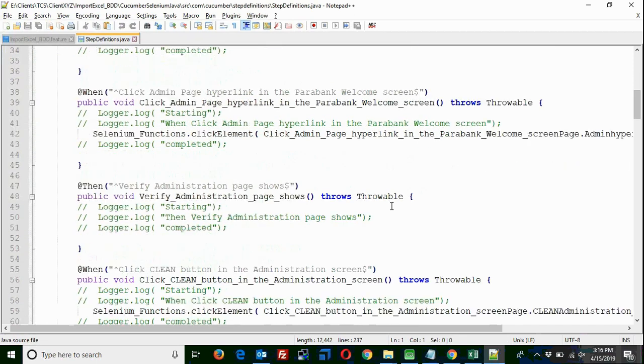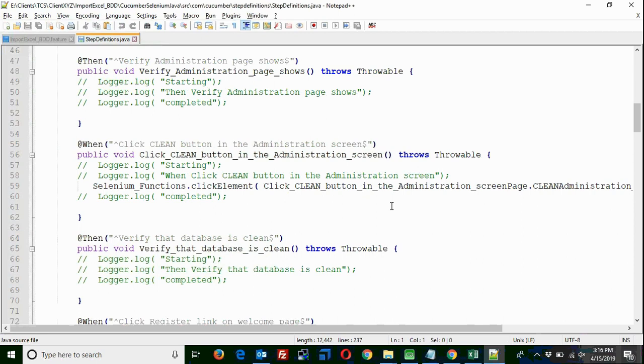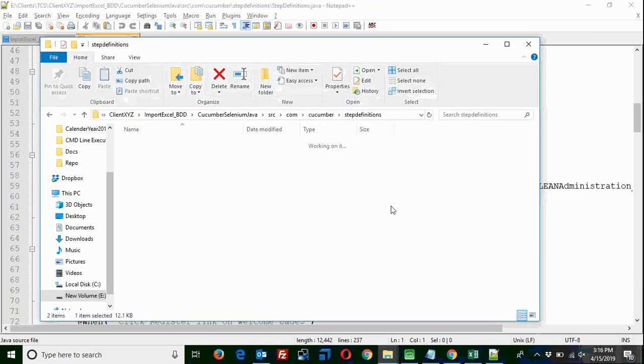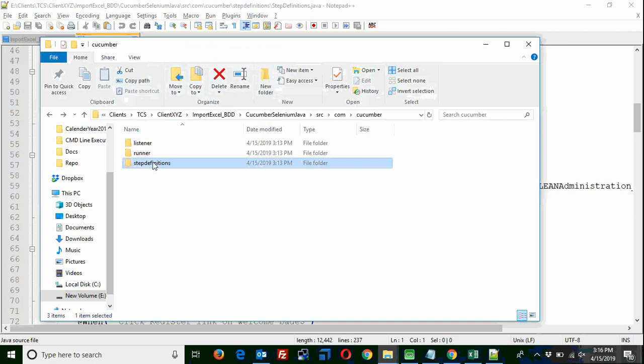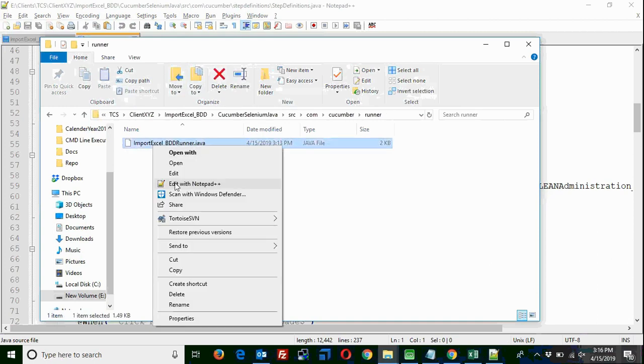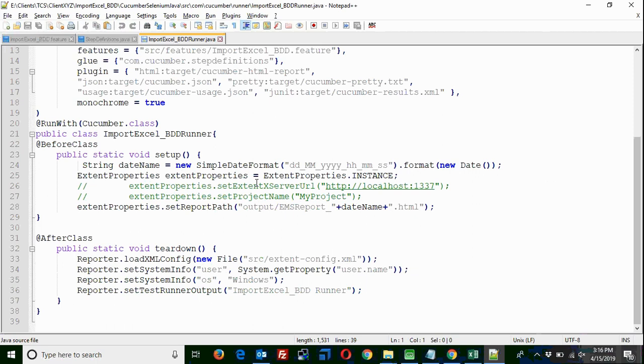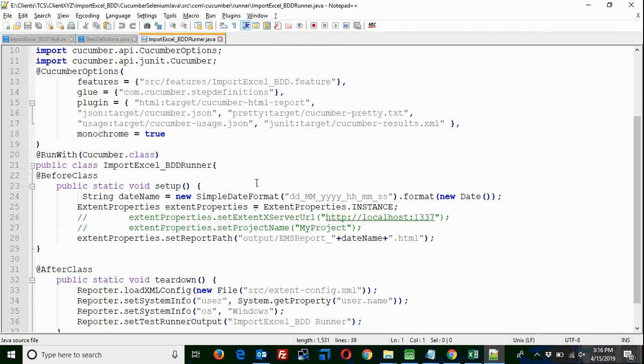So these are the step definitions for all the steps that are there in the model or in the test cases. And along with this, it provides a few more things like listeners and then the runner files also. So this is the runner file where you can configure some of the information here.